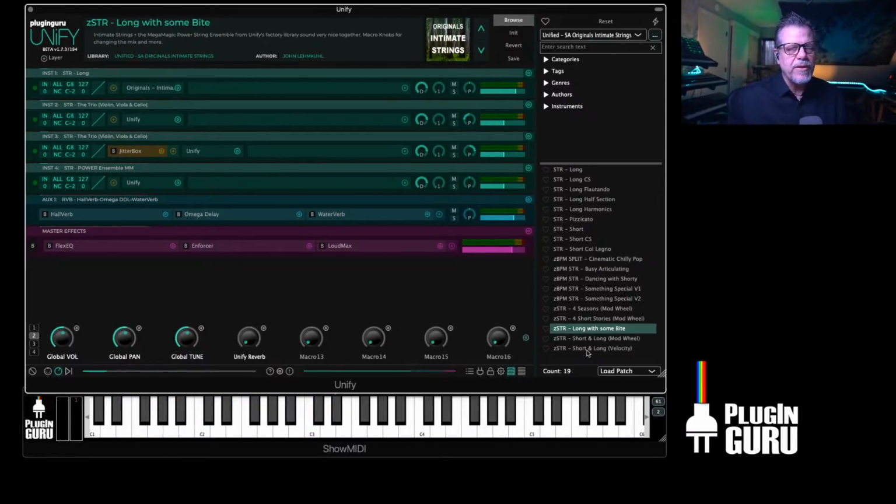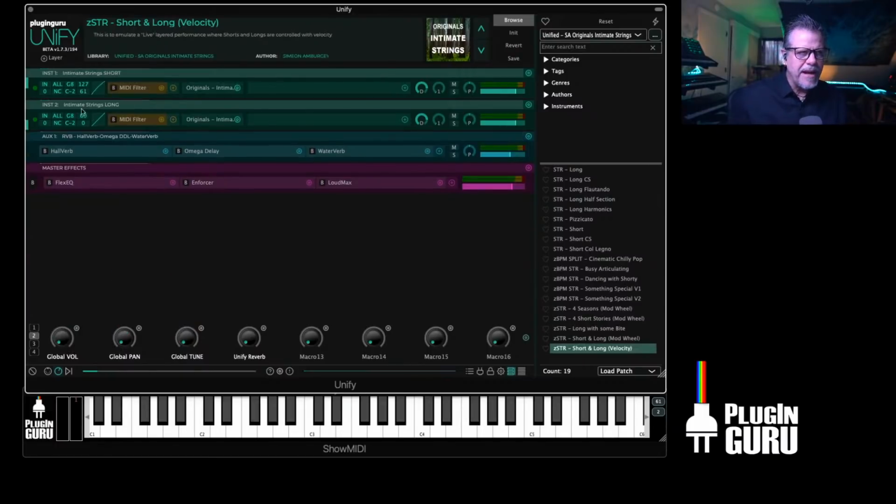Short and long, this is one that Simeon created. I changed his velocity split point just a little bit, but if you play soft, really soft, by velocity, we are switching at velocity of 60. If you want to change this, if you're like me and you play a little harder, you can bring this up even higher, like 75, and then the lower to be switch at 76. What that means is 0 to 75 velocities will play the long. When I get above 76, it changes to the